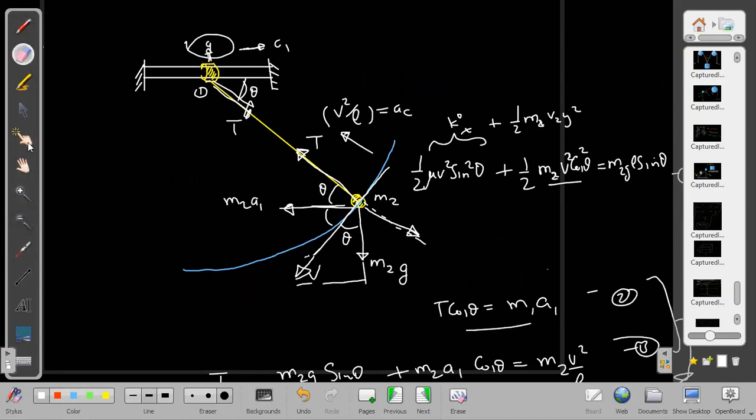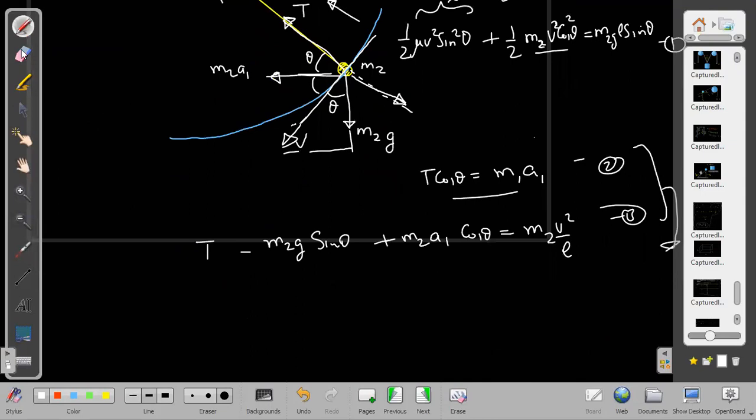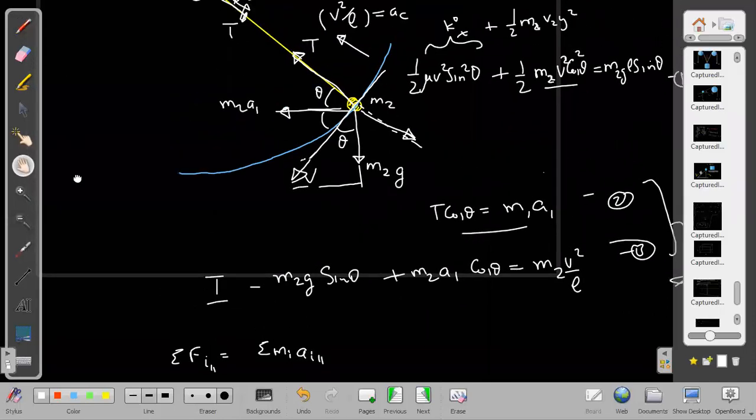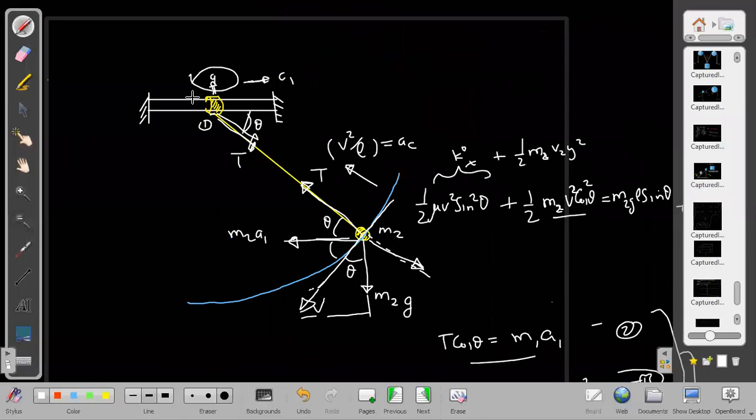I will write a new equation now without taking T into account, and that equation will be sigma Fi equal to sigma Mi Ai along parallel to the string direction. Along parallel to the string direction, there is no tension T acting obviously, but there is another problem here. Unfortunately, I could not do that this time, because then the normal will appear here, an extra force along this side. An external force will again appear, and normal is also again unknown. So I think this thing at least I cannot avoid now.